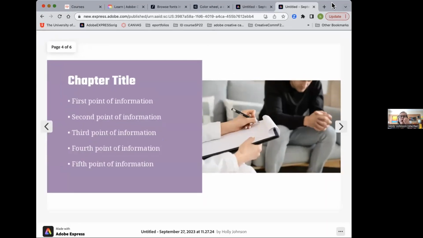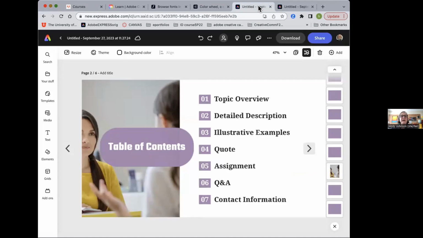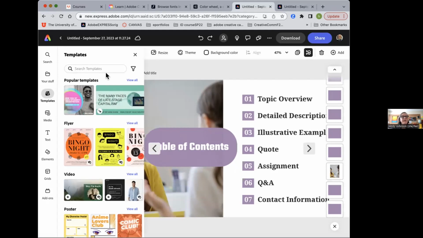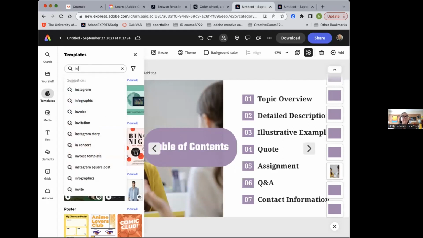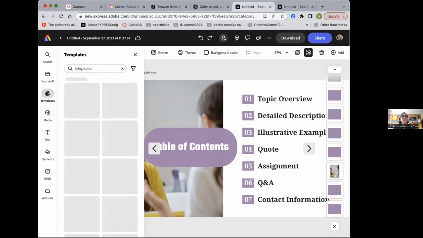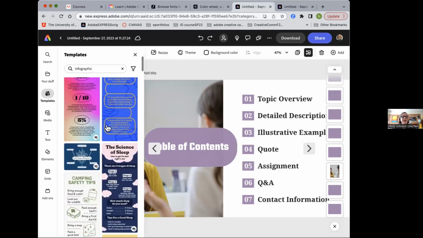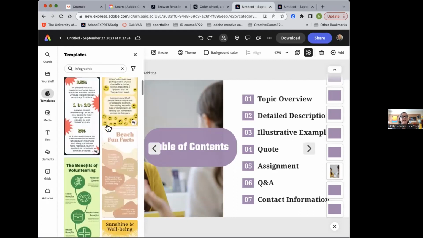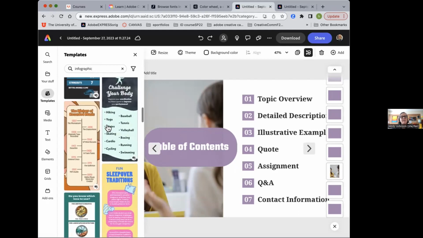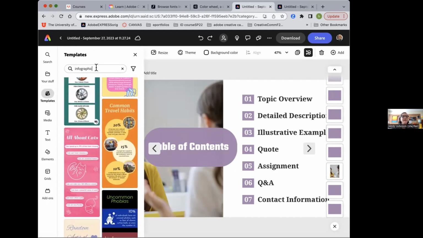And I'll show you, say, an information graphic, because what I think is helpful is for you to add, it's not one or the other. It's here's a bunch of tools, and add what makes the most sense for you and your audience. So if I go back to templates and I want to do an information graphic. Once again, think about these as different containers. So it's like, oh, I'm seeing everything, sleep traditions, travel habits. So let's just say